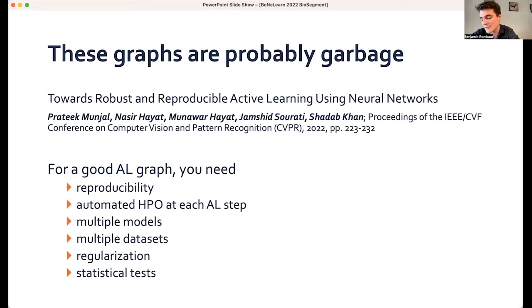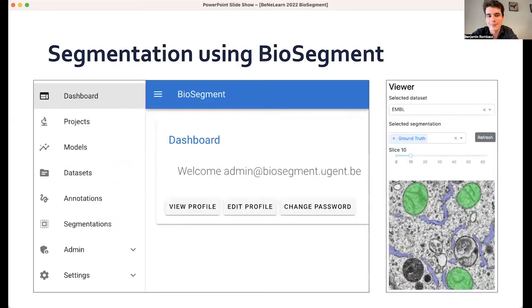But of course, this is for designing a new active learning strategy. Here we just checked to see if our findings were also correct if we use the labeled data sets to test this. And then for the second part, we implemented this BioSegment framework so that the annotator can do all